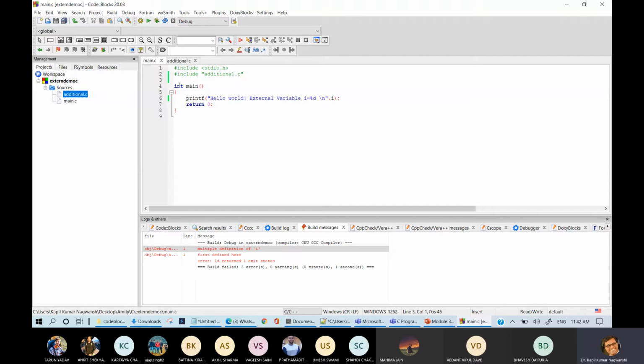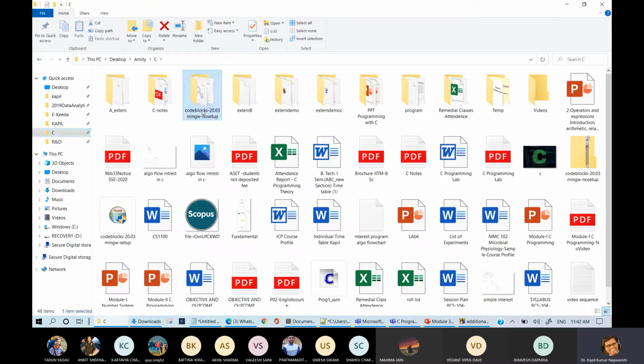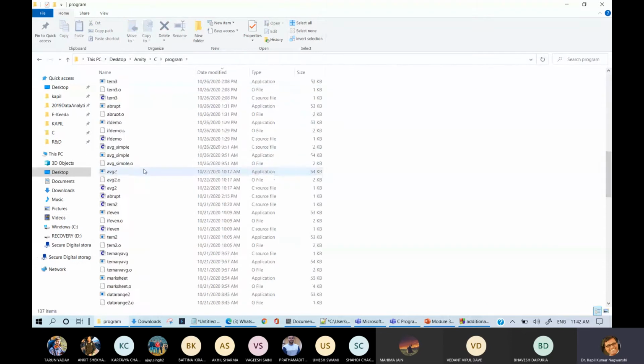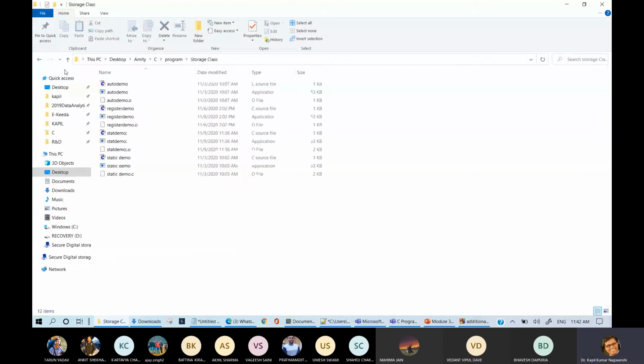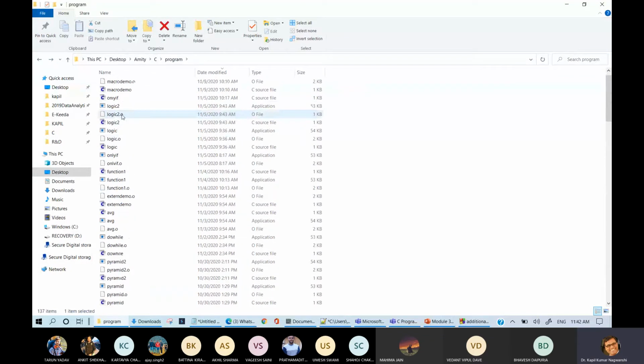So I had not declared it anywhere. There is a problem related to the object file, Code::Blocks, C program, and this is your storage class. Where is it defined?